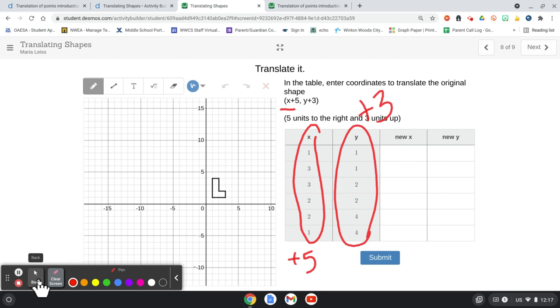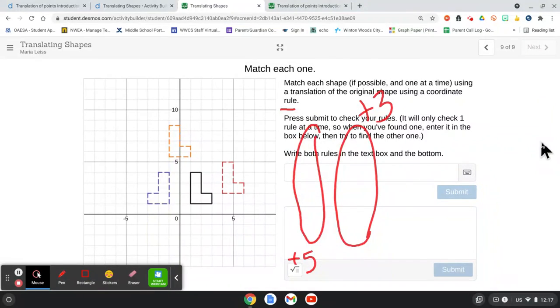So now I've got my x value of 1. Well, 1 plus 5 is 6. I have a y value of 1. Well, 1 plus 3 is 4. You're going to do that for all of those. Then you'll click submit and it'll translate your shape for you. And on the last one,